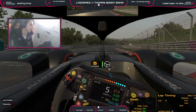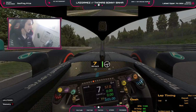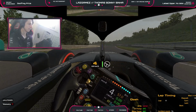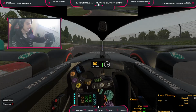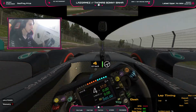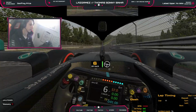straight away, so that was pretty quick as we head down through Hatzenbach, 6th gear, and then 7th gear there, up to 295 kilometers an hour, 4th gear on the way in, and absolutely ripping it through this first sector, 3rd, and then 2nd. I needed to use 2nd to get it turned in, but even with using that, so much downforce on this W12, obviously the 2021 car, not the 2020,